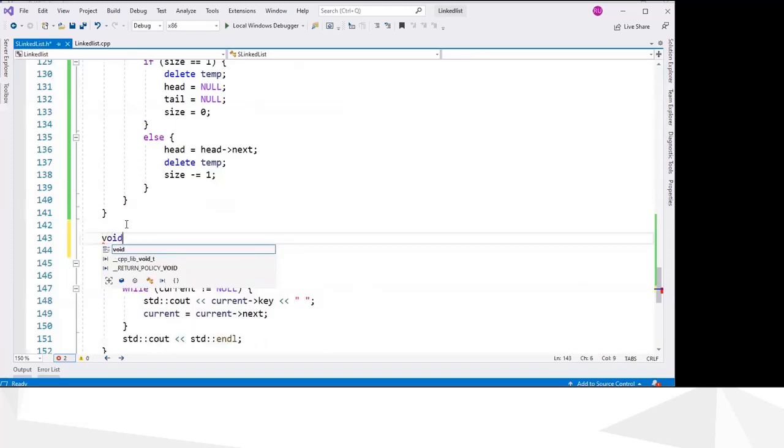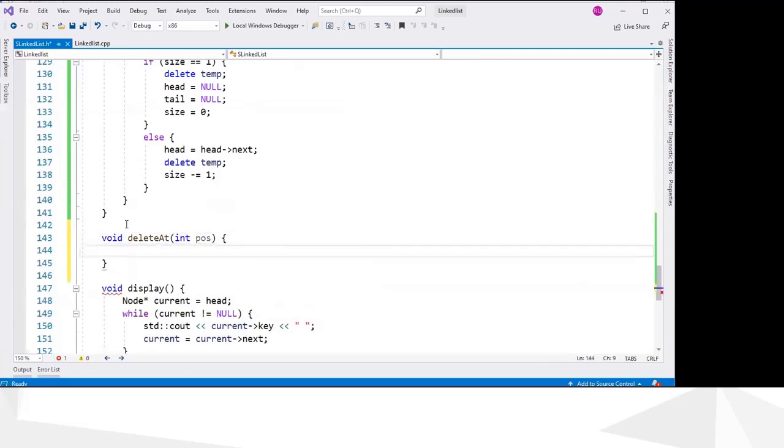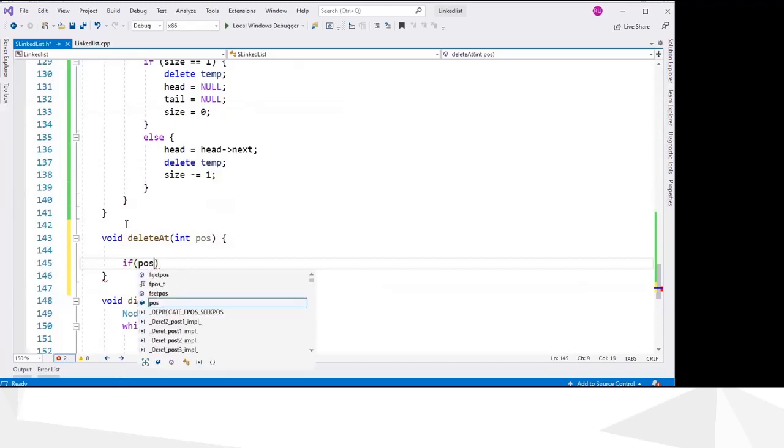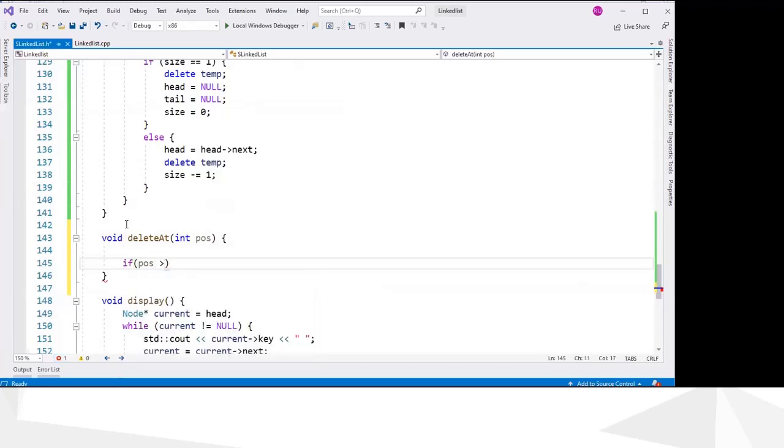void delete add, and we give the position, and the first thing we have to do is check the position is valid or not. So if position is less than 0, or position is greater than or equals size.